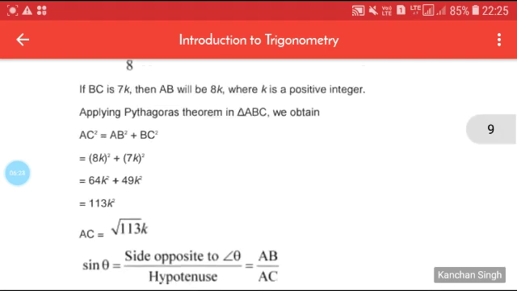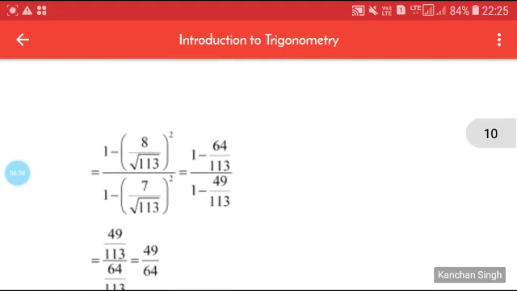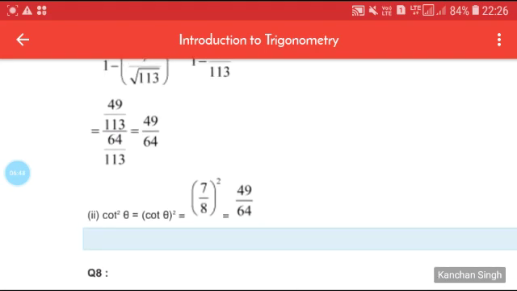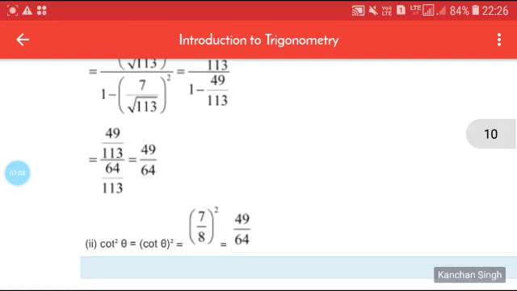After finding the value of sin theta and cos theta, you just substitute here a plus b, a minus b, a square minus b square. So you just put the value of sin theta, and here 1 minus cos square theta, you put the value of cos theta. After substituting, just calculate and solve this. Okay, so here our value is, after solving, 49 by 64, and cot square theta we have to find. So if we know all the three sides, then we can write the value of cot theta and simply we square it. So both are the same.